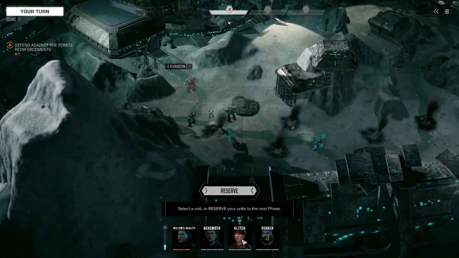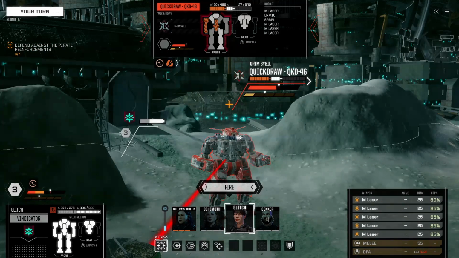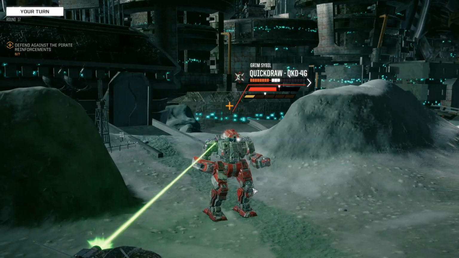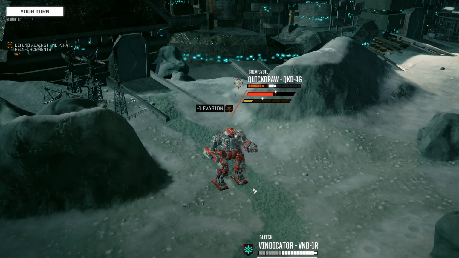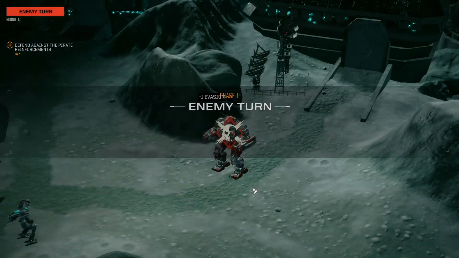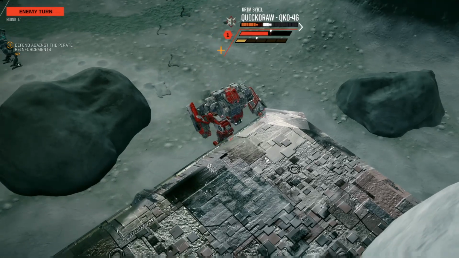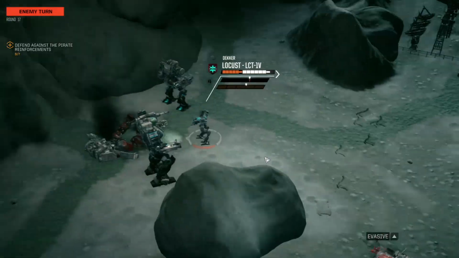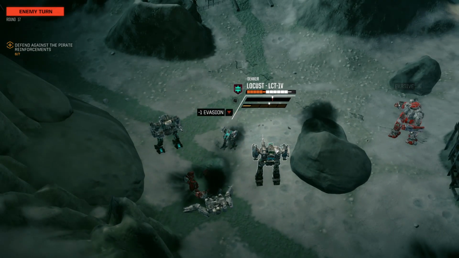Alright, that's perfectly fine. Glitch, waiting on you, Commander. Can you just attack outright? Oh, yeah, then go ahead and fire. This should be good. Okay. What are you doing? Okay, you're gonna move over here. Are you gonna try and fire at the Blackjack again? Oh, you're gonna move there and fire at the Locust, which is probably...